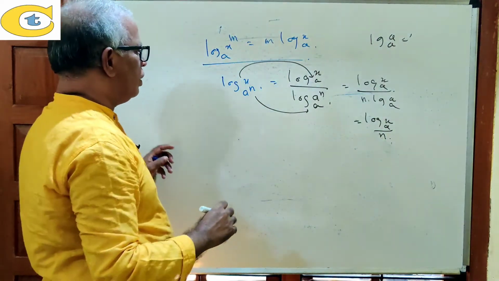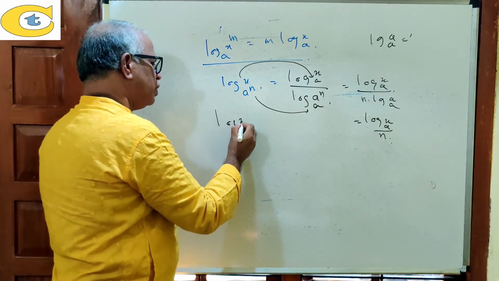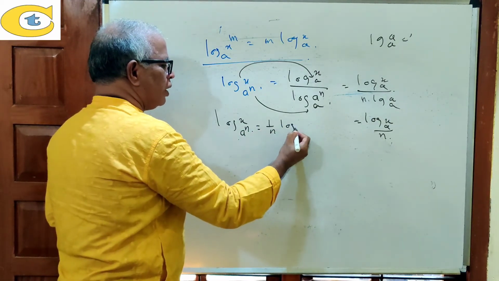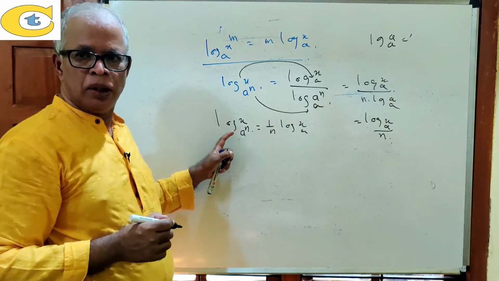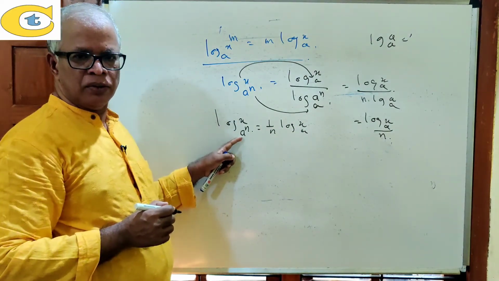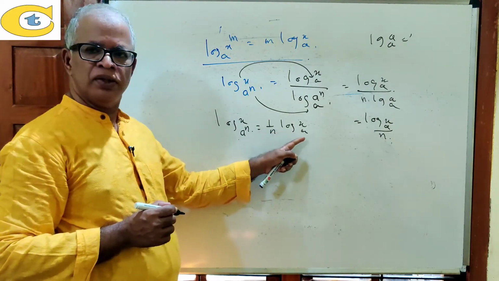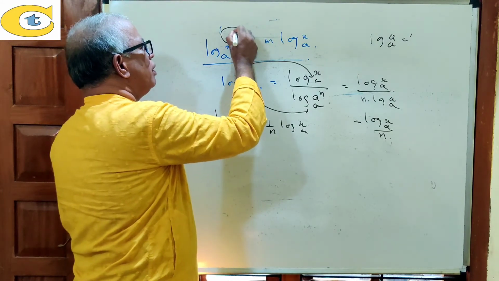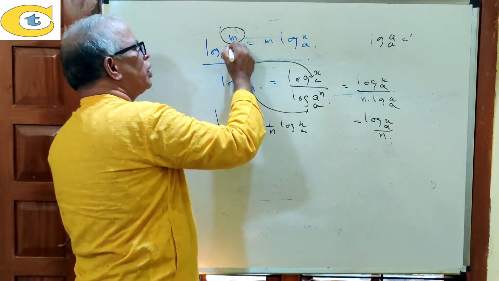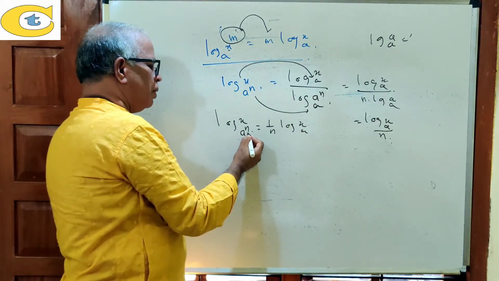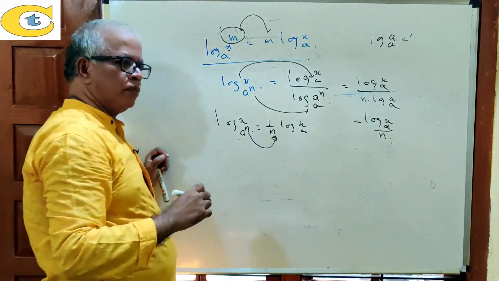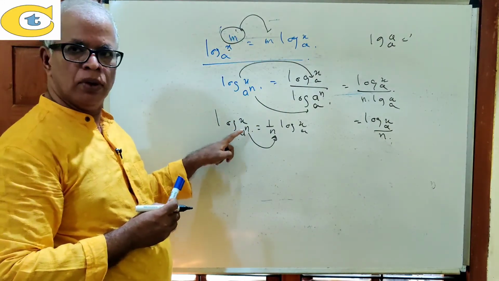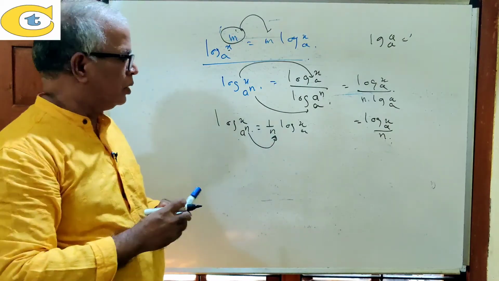So what you have learned now: logarithm of x to the base a raised to n is equal to 1 by n logarithm of x to the base a. Now see what is here. Power of x, that is power of argument, becomes multiplied. Power of base gets divided. Power of argument gets multiplied. Power of base gets divided. Therefore,